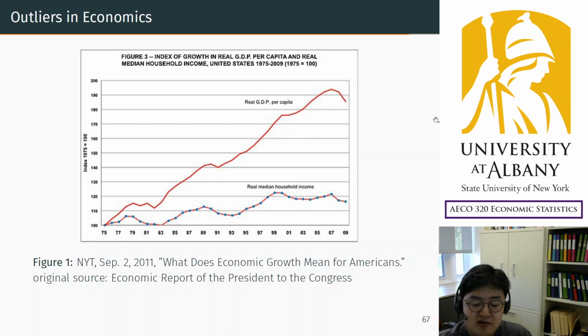That's because maybe the growth is concentrated on a few super rich people, super rich firms. So it's about inequality. The median does not grow that much, but because there are more outliers, and outliers become even more outlying, they drag up the mean while the median does not change that much. That's real in economic data. So it's a big problem in economic data. So I give you a word of warning: average can be misleading.